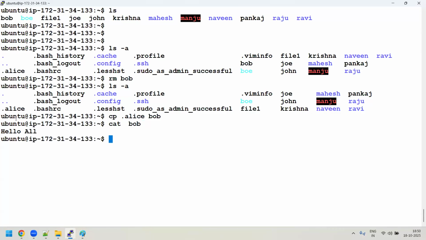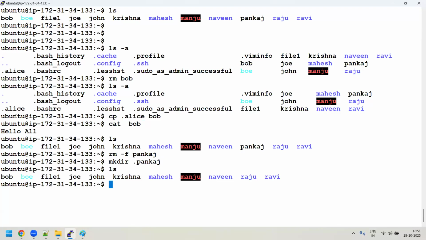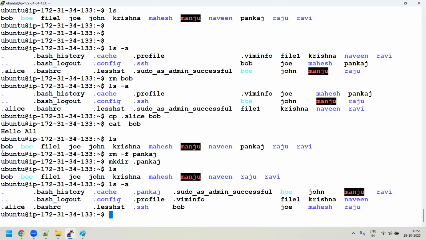Yes, sir. Okay. So we always keep the hard link hidden by adding a dot in front. Whenever any file starts with a dot, it's a hidden file or a hidden directory. Suppose here I have a Pankaj. Let me remove Pankaj and do mkdir .Pankaj. When you do ls, it will not show here. But I want to display all the files, so I'll do ls -a. A means all. Now you can see the .Pankaj folder is there. So any file or directory that starts with a dot is hidden.